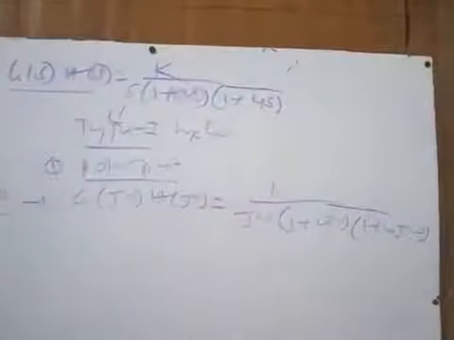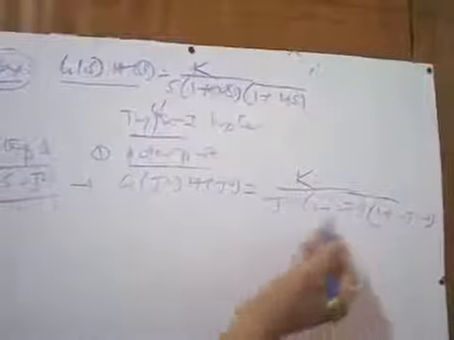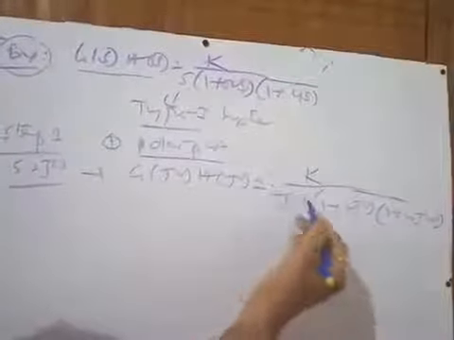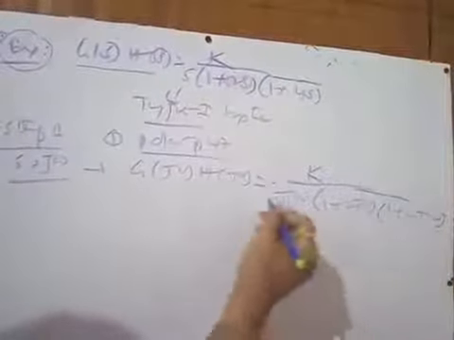Right? Now if you take this transfer function, that means in the numerator instead of 1 we can take any value k. So the sinusoidal transfer function in frequency domain will be like this. So k is some constant, maybe integer, maybe fractional, whatever the value of k you may take. So k by j omega into 1 plus 2 j omega into 1 plus 4 j omega. Now from the denominator part you have to rationalize this part.